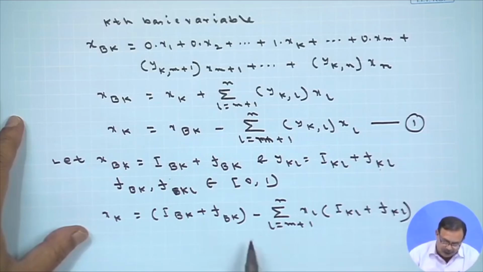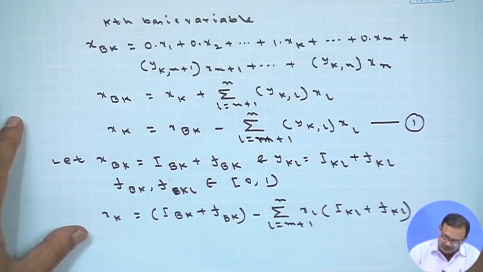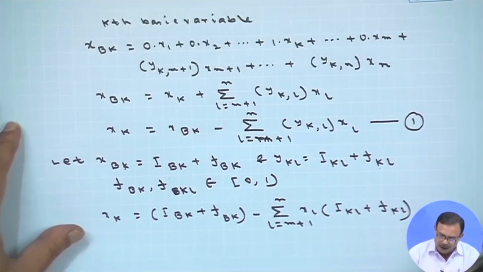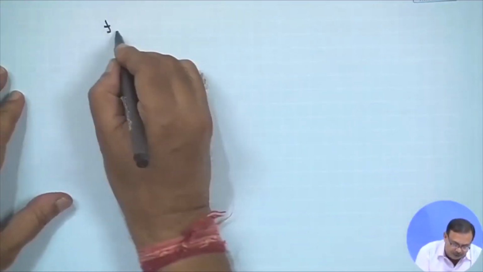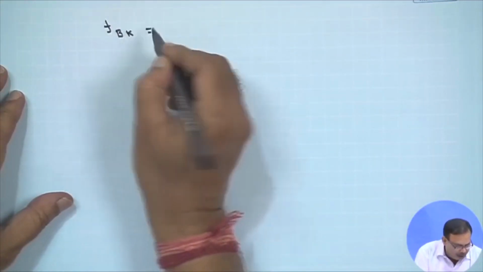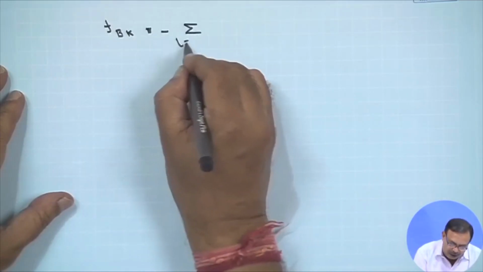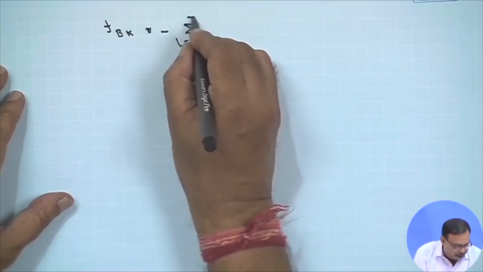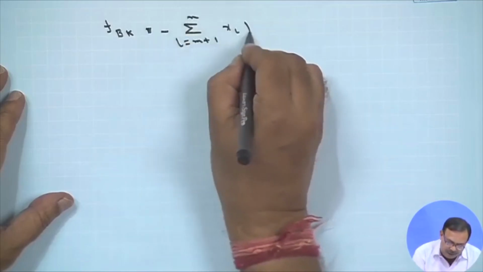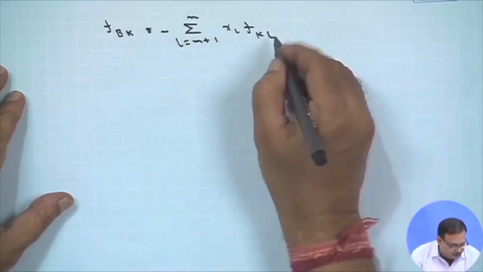This we can write down, and from here I can write down again from this one fbk minus summation l equals m plus 1 to n xl fkl,